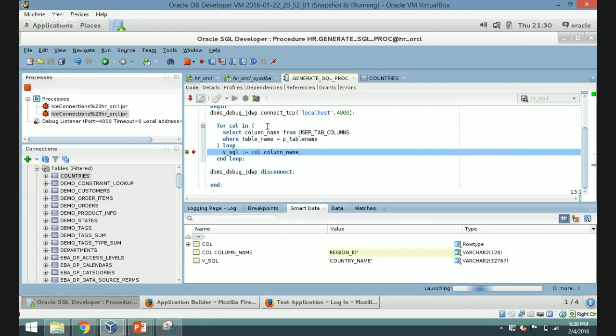So there's pname, ptable name, vSQL. Okay, its current value is country name. This will be the same one, I'm sure. Let's see what it's called. Oh, that's just the row variable. Okay. And if we keep going, step through,